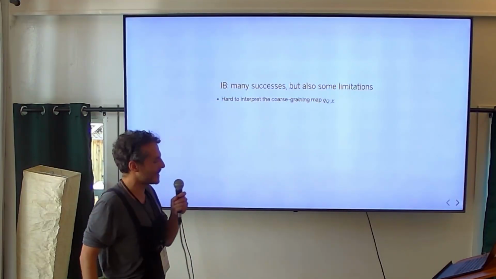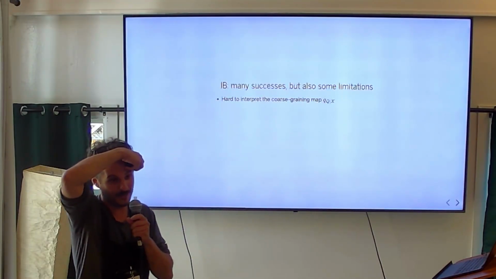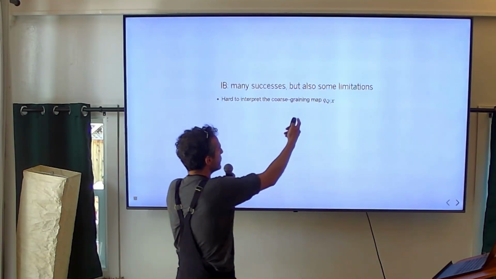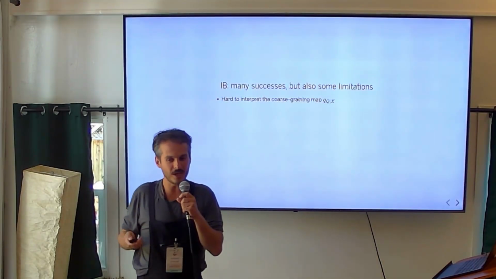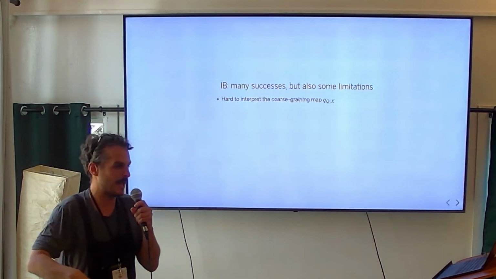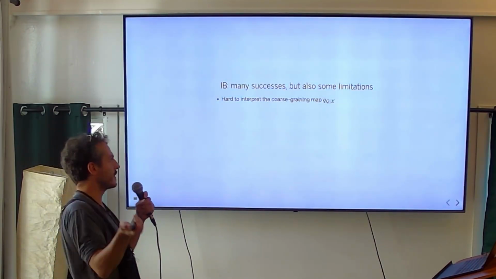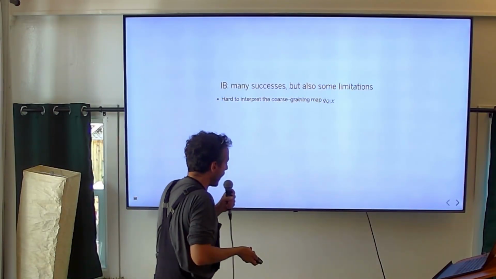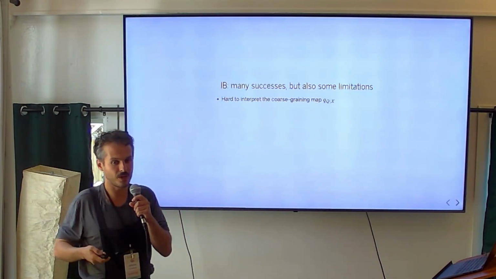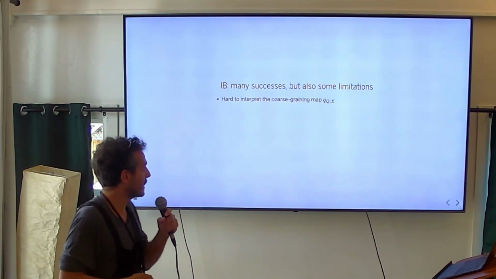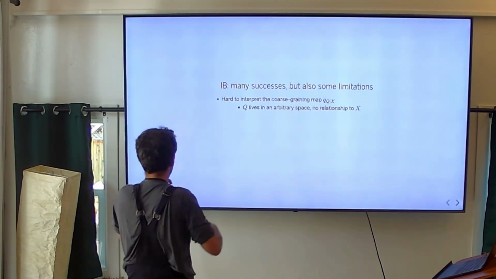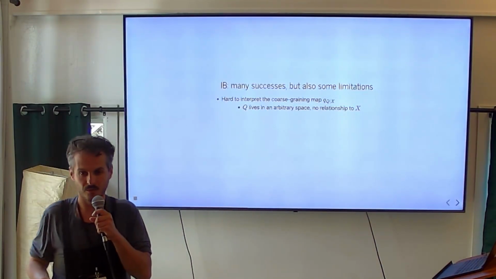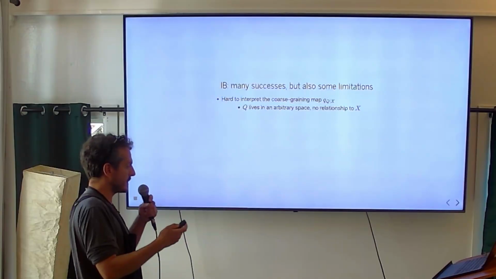So it has some limitations. And for me, there's a technical, mathematical limitation, but there's also, I think, a conceptual one, which is that this space Q, at least under most formulations, is a totally arbitrary space that we map to something that's the compressed representation. And it's not clear how to actually visualize, interpret, or unpack this representation. And part of that is because Q lives in an arbitrary space. It doesn't have any kind of relationship with X, right? It's not living in the same space as the thing we're compressing.